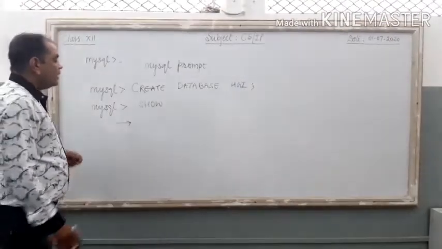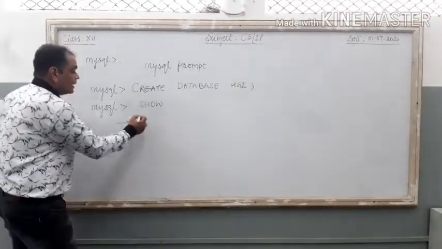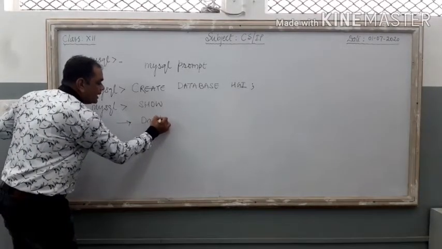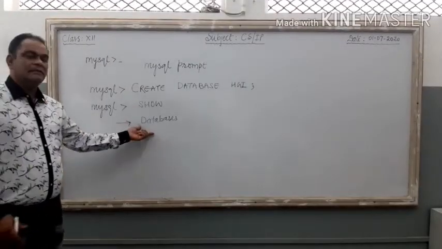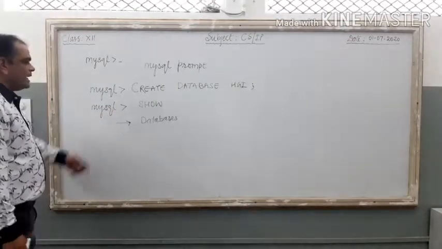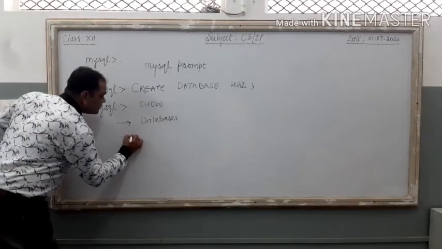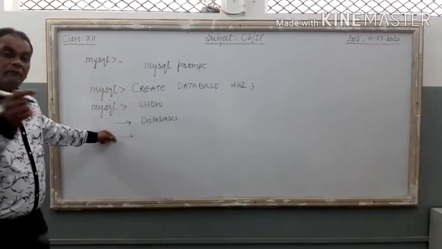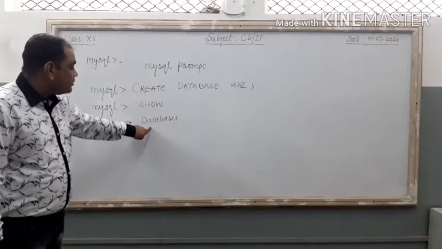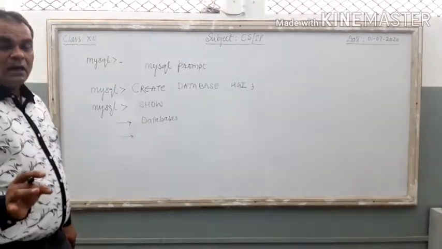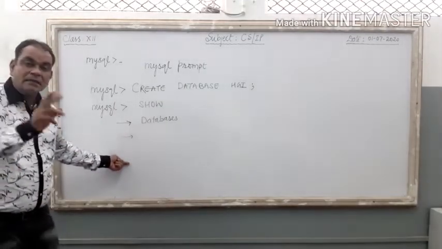Now the arrow symbol will appear on the monitor. Clear? Here the remaining part of the command, क्या था remaining part? Show के बाद क्या था? Databases. Now the remaining part of the command I am going to write over here in front of this arrow symbol. Show databases. It is there in small letter, right? No issue. Show databases. अभी भी मैंने यहाँ पे सेमीकोलन नहीं लगाया, एंटर प्रेस कर दिया. जैसे मैं एंटर प्रेस करूंगा, now again this arrow symbol will be there on the monitor. कमांड नहीं चलेगी. कब ये कमांड एग्जीक्यूट होगी? Once you put semicolon, after that your computer executes the command. नहीं तो arrow यही चलते जाएंगे मॉनिटर के ऊपर.